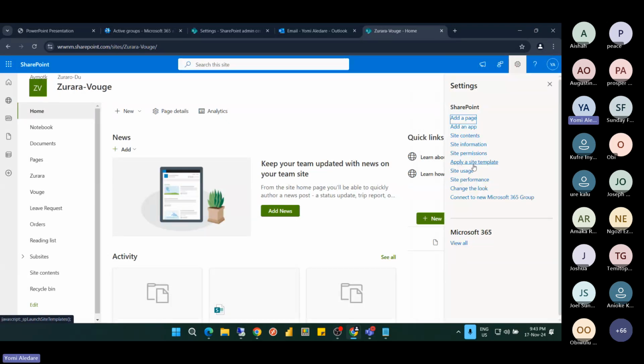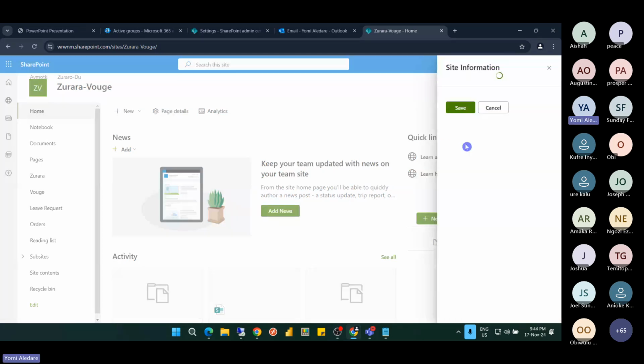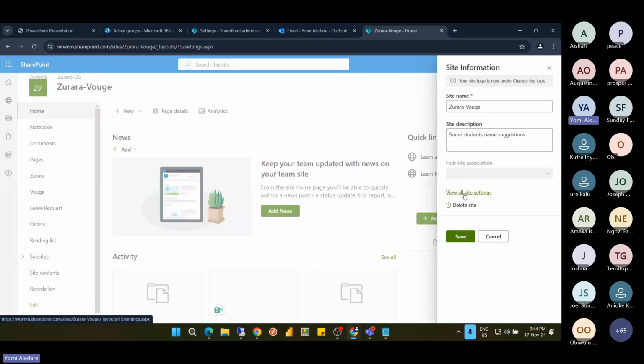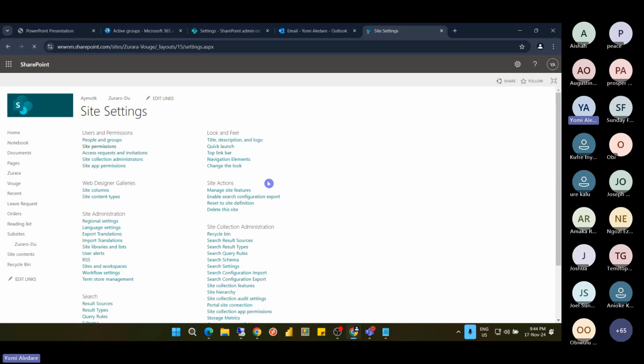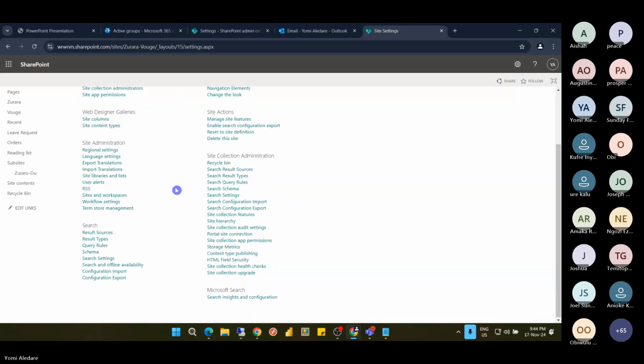So I'll go to site information and then click on view all site settings. Okay, so on this list, all I need to do is look for storage metrics. Storage metrics under site collection administration. Here is storage metrics. So if I click on it,